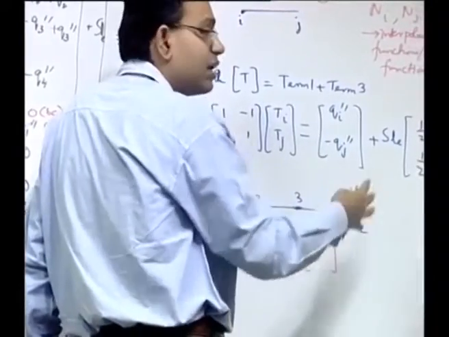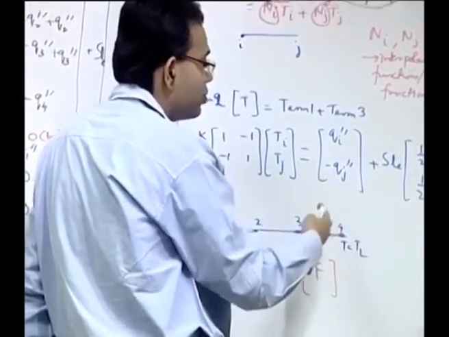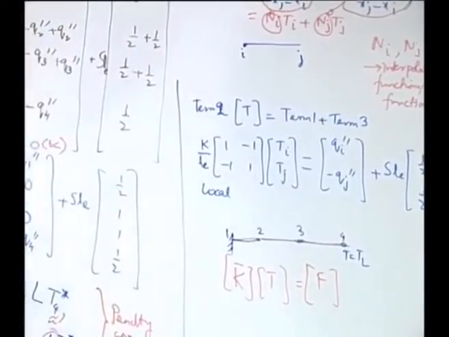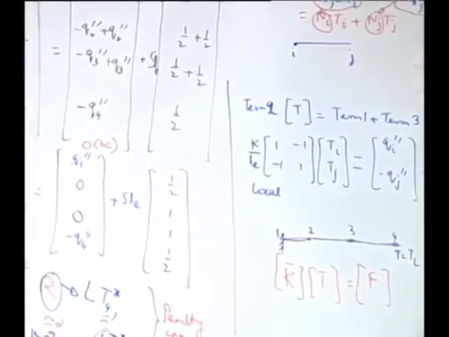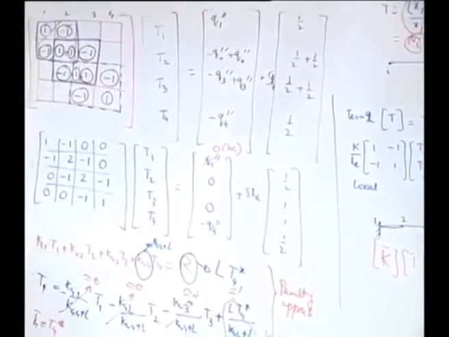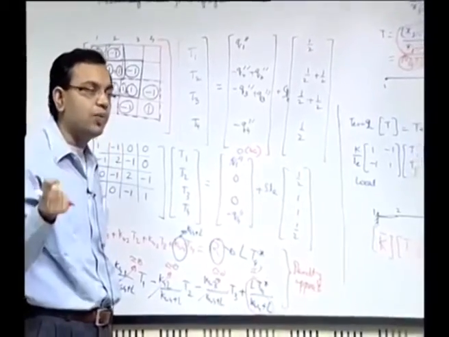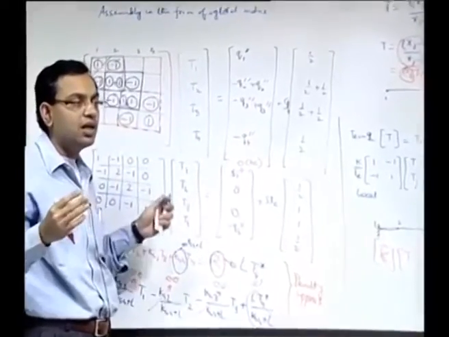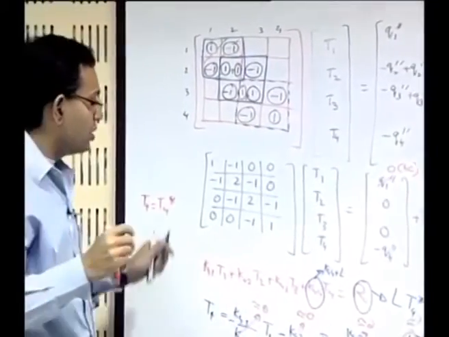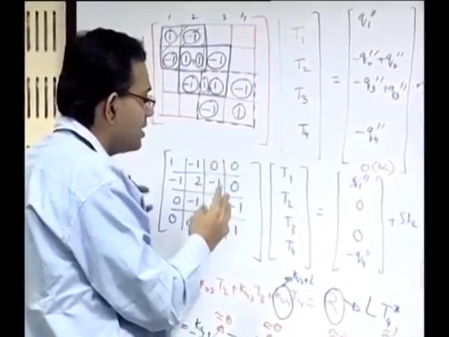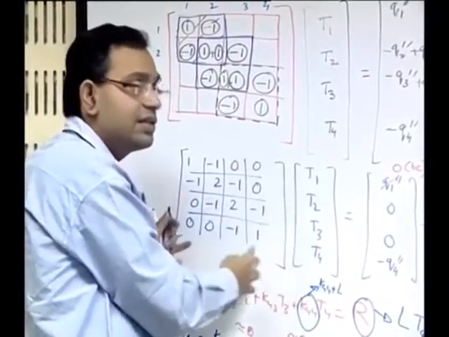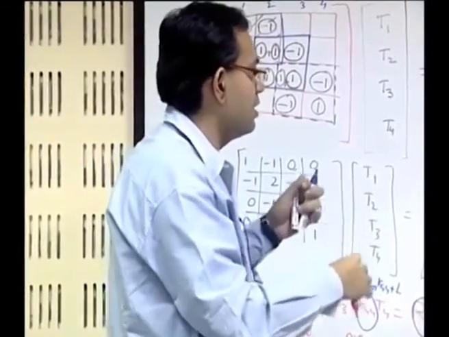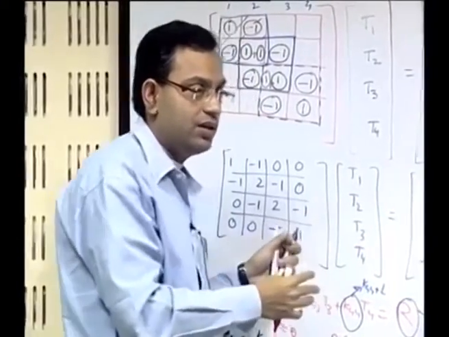You no more get a continuous variation, but if you take the points sufficiently close to each other, you will get a very close variation. It will be discrete points joined together through some interpolation, but if there are a sufficient number of points, it will look like an almost continuous variation. One of the important things that remains is how to solve this system of algebraic equations. We will take it up through a separate chapter, not through this particular chapter.